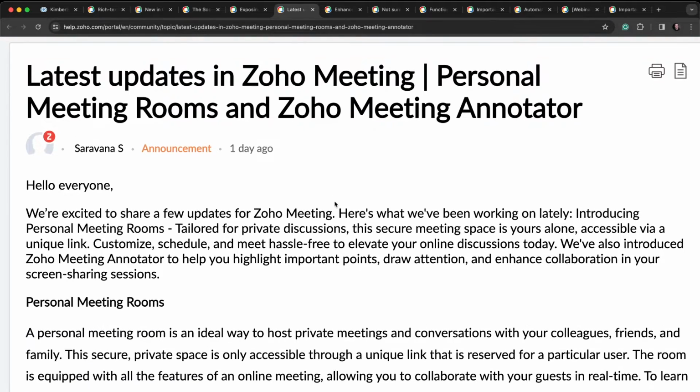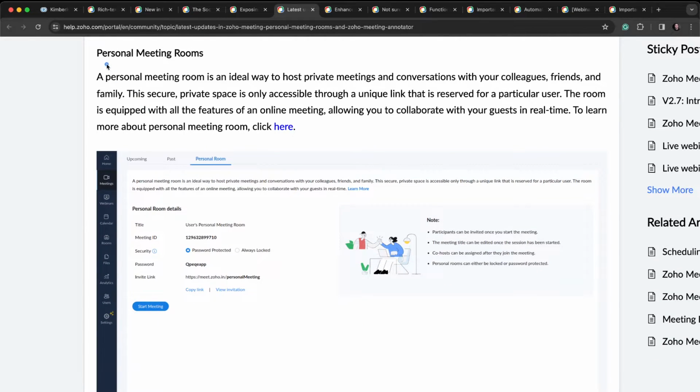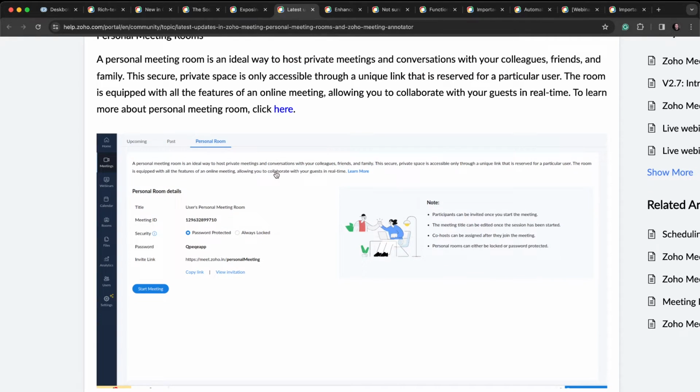Personal meeting rooms. Okay, this one's so funny. A personal meeting room is an ideal way to host a private meeting and conversations with your colleagues, friends, and family. So essentially what you can do is generate a link that is user specific. We've all started a meeting before, and you get the Zoom link and you send it off. Well, this one's in Zoho Meeting. You generate the link, and only a specific user can actually get that link and join the meeting,